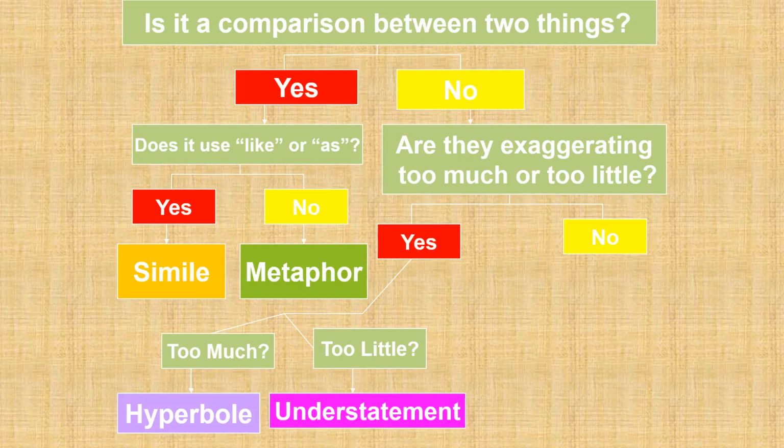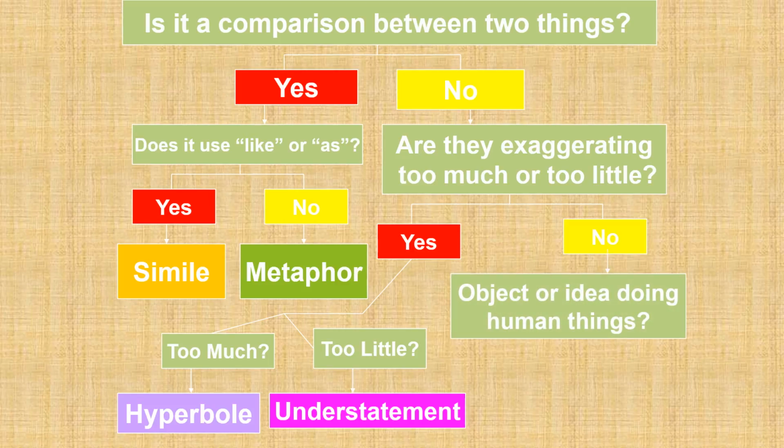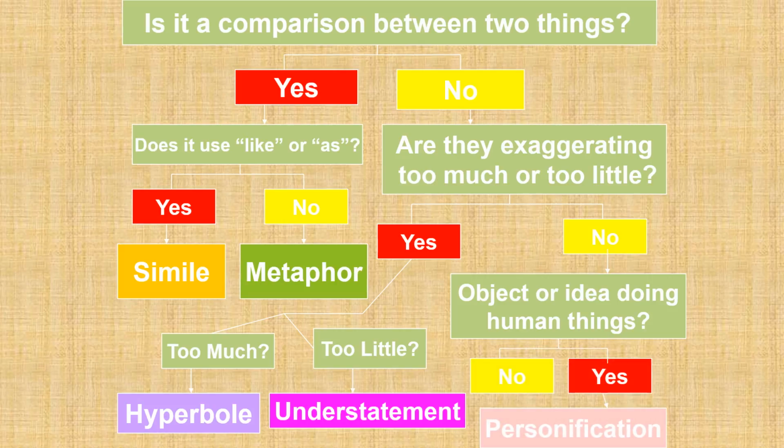That's an understatement. And if we make something, an object or an idea, do human things, it will be yes for personification. So this is the summary of what we have